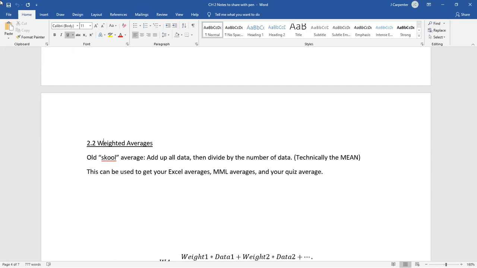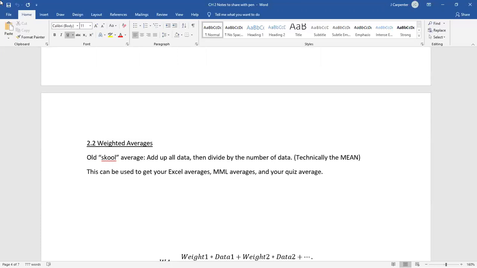So a weighted average is when someone says this item A is more important than item B, so we're going to give it more weight. And more weight means that it has more effect. Let's say you have a teacher that weighs everything exactly the same, and you get an 80 on the midterm and a 100 on the final, and everything's weighted the same,